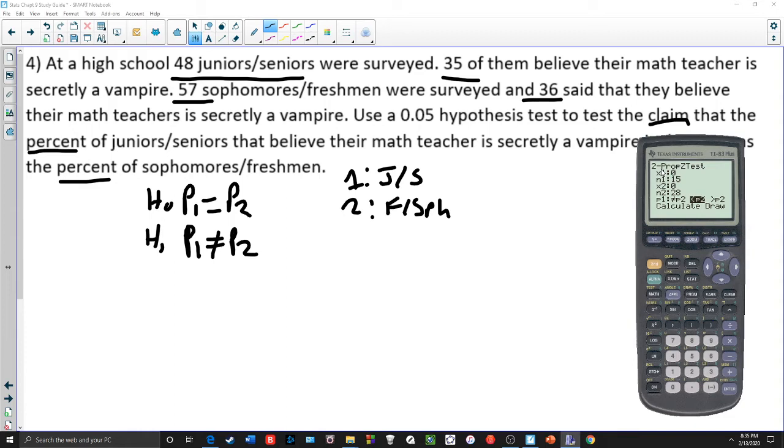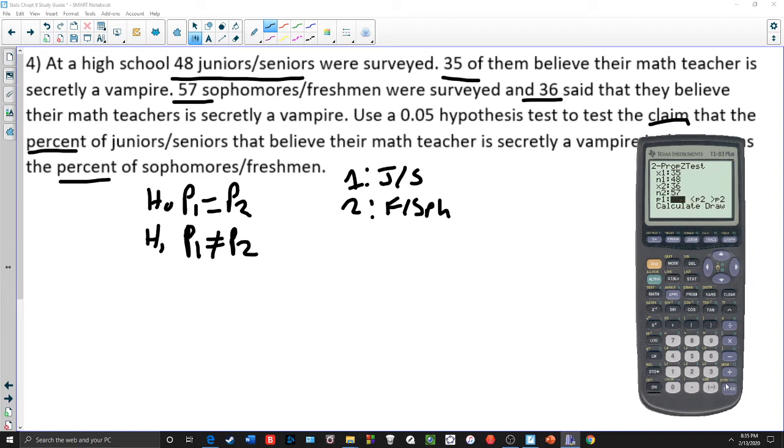But it's a number, not a decimal, or not a percent either. So this says 48 juniors and seniors, 35 of them believe that the teacher's a vampire. So 35 was our number of successes, quote unquote, and n was 48. That's how many people we surveyed. For sophomores and freshmen, it was 36 that said yes versus 57 that were interviewed,